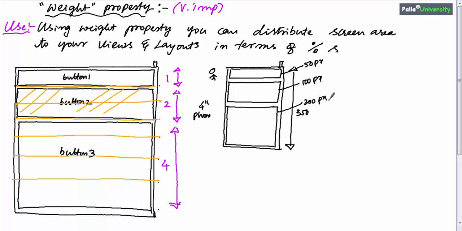So overall it looks like 1:2:4 proportion.